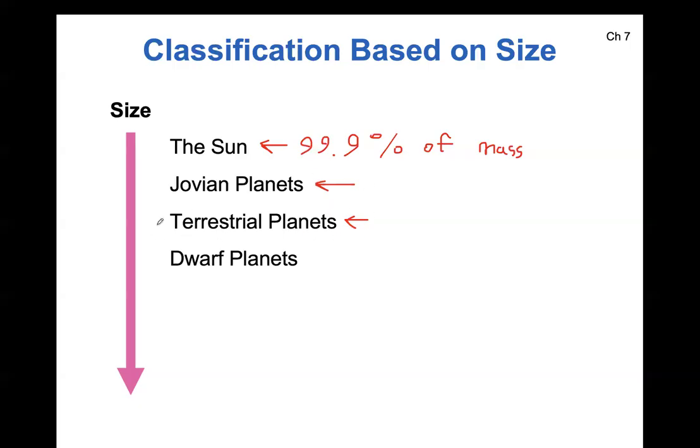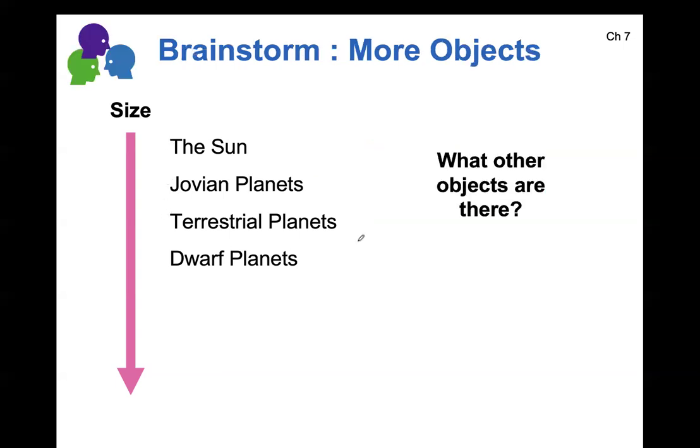And then we just saw some actual numbers to separate terrestrial planets from dwarf planets. So we continue to have some pretty big size differences, but none of those differences are as drastic as the first step from the sun to everything else. All right. The other objects that fill out the size range,